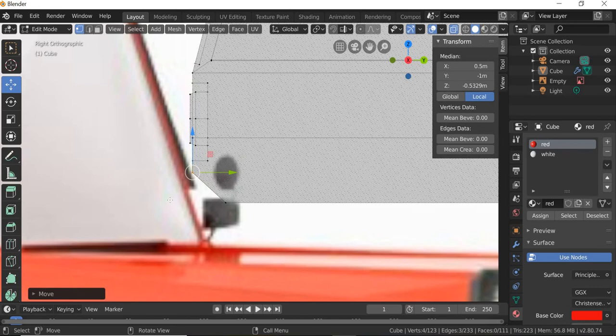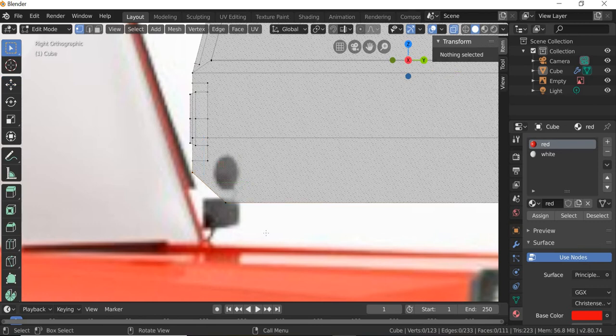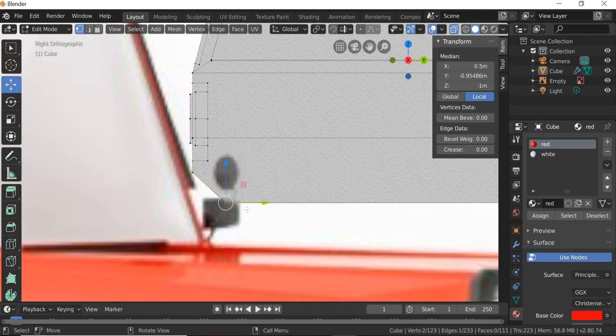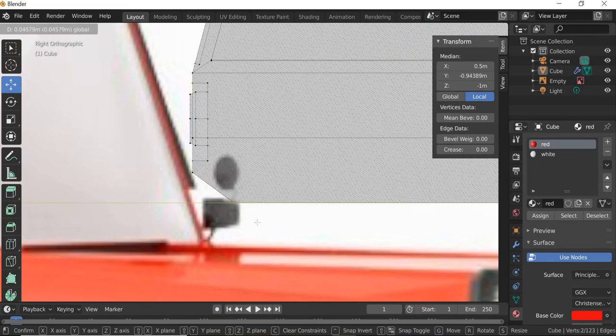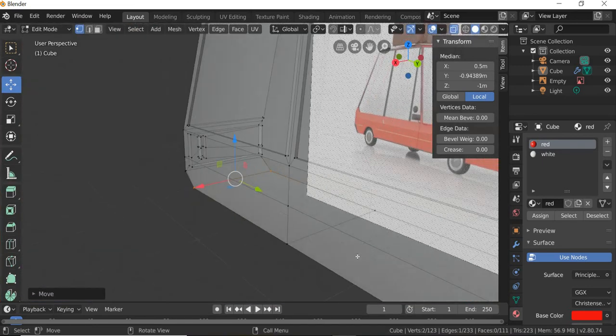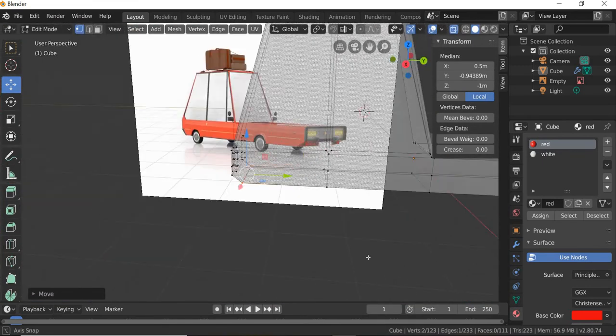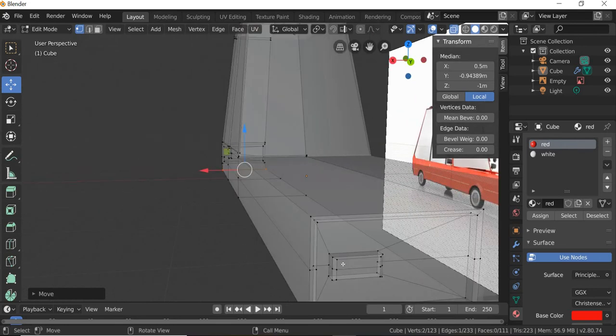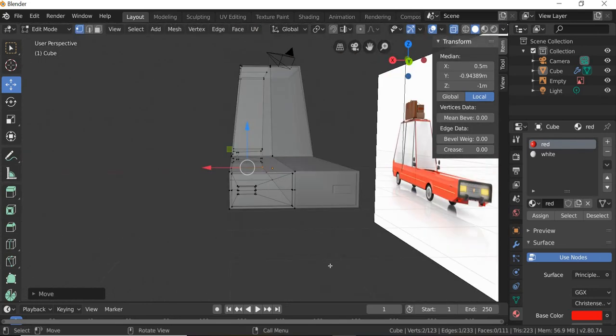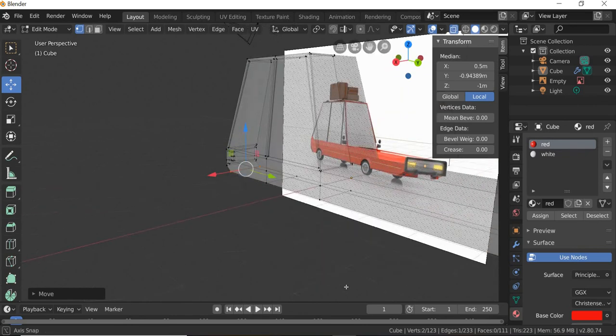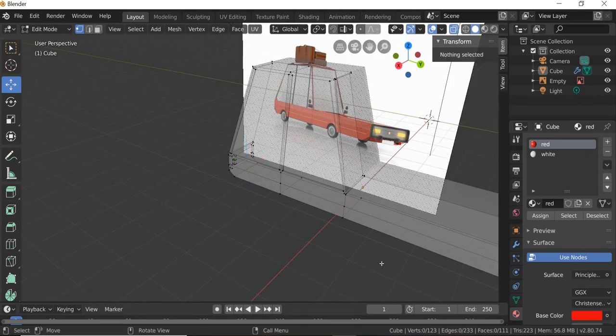And then if you go to B, select this, cannot do that, that has to be deselected first. Move this if you want more bevel there. So that's the bevel in the back, and then we will do the same thing for the bevel in the front. Okay, so we'll have to do some bevel work